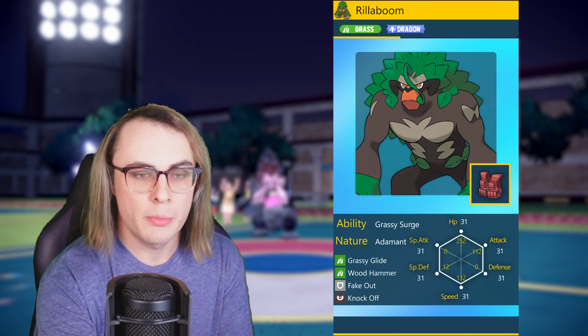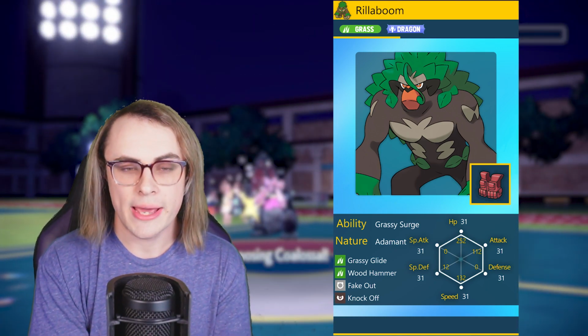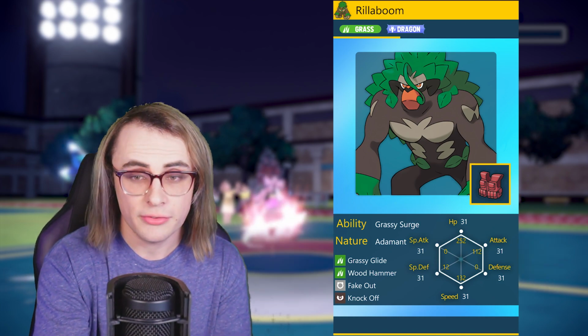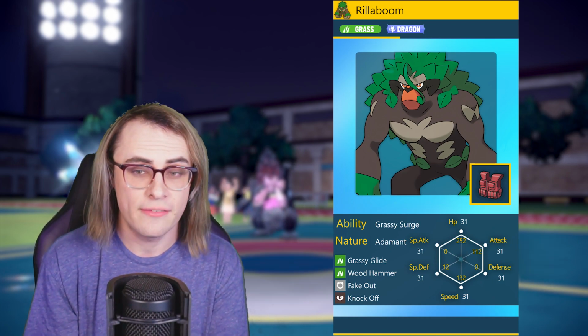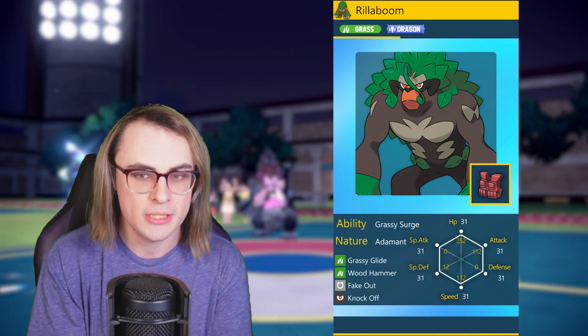Moving on, we do have Rillaboom, which is going to be carrying a Tera Dragon today with an Assault Vest moveset, with Grassy Glide, Woodhammer, Fake Out, and Knock Off. With the Grassy Glide and the Woodhammer, this should be helping against any sort of 20 HP or 20 Phys Def Walking Wake, which would essentially be designed to try and take advantage of as much bulk as possible, while